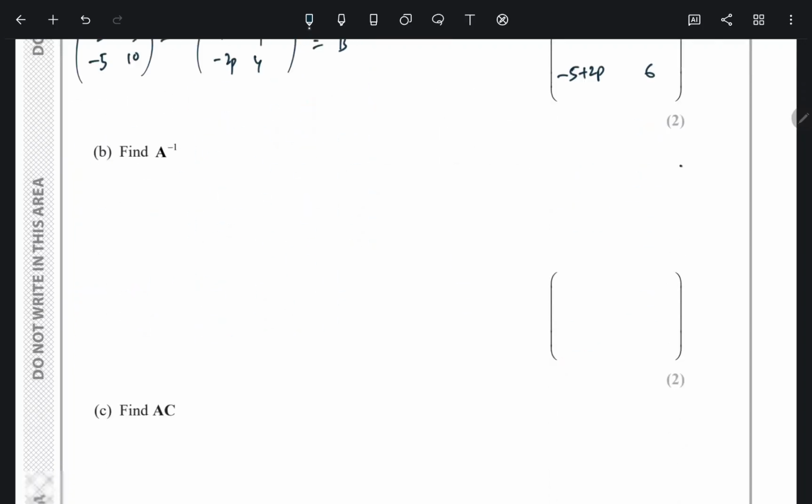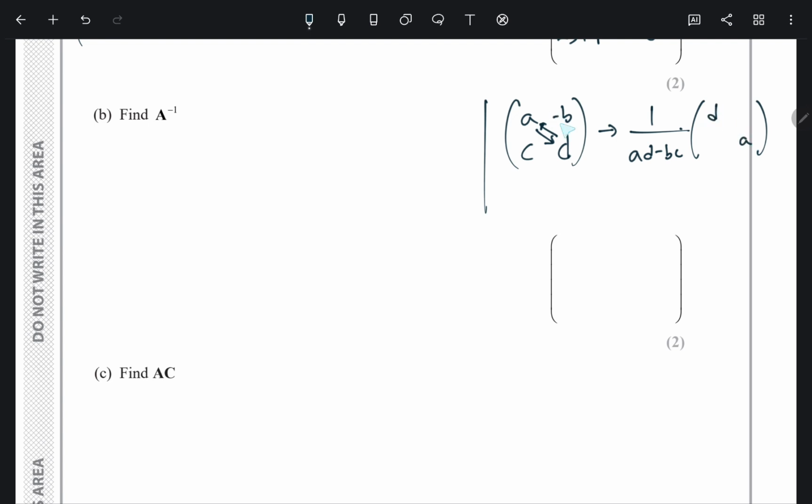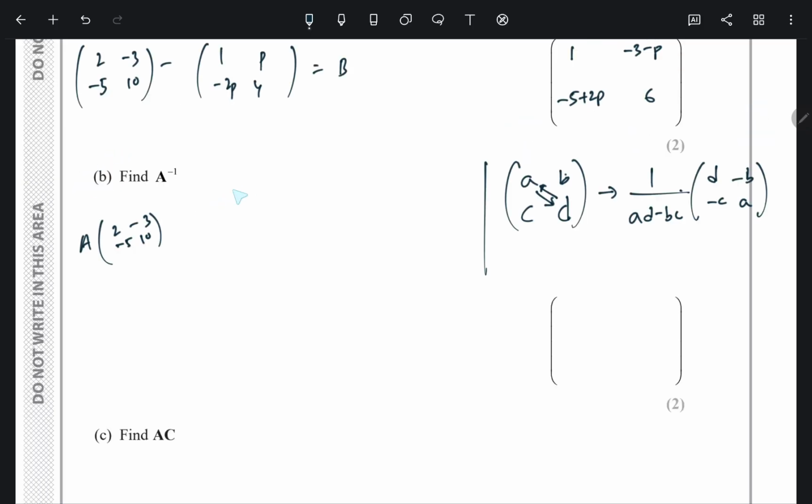So to find the inverse of a matrix, if a matrix is given, let's say a, b, c, d, the inverse of this is going to be 1 divided by ad minus bc. That's called a determinant. And the matrix is going to be a and d will switch places. So d, a, and b and c will become negative. Minus b and minus c. So A inverse is going to be 1 divided by